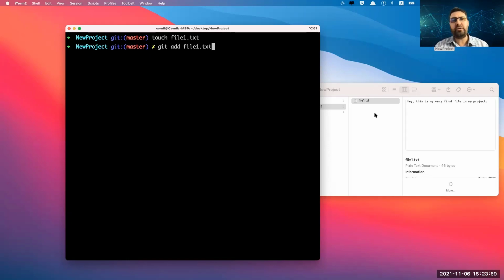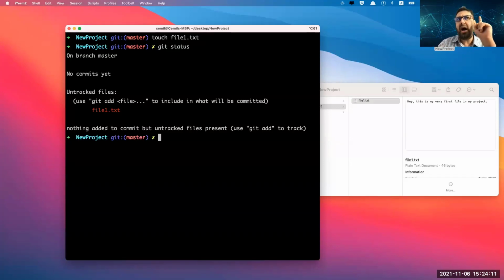Right here, we don't see any changes. But before I enter, I want to show you the difference. If I say git status before, to see the status of my repo, it says that I have a file, it's untracked. And it gives me the tip, git add file to add it to be committed.